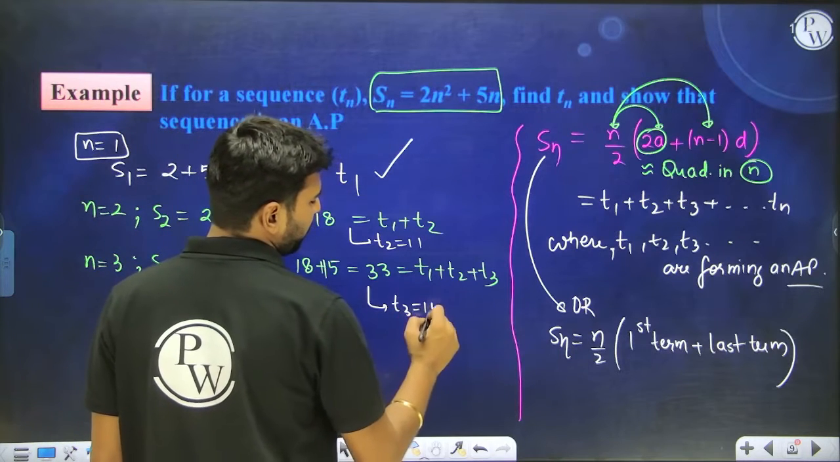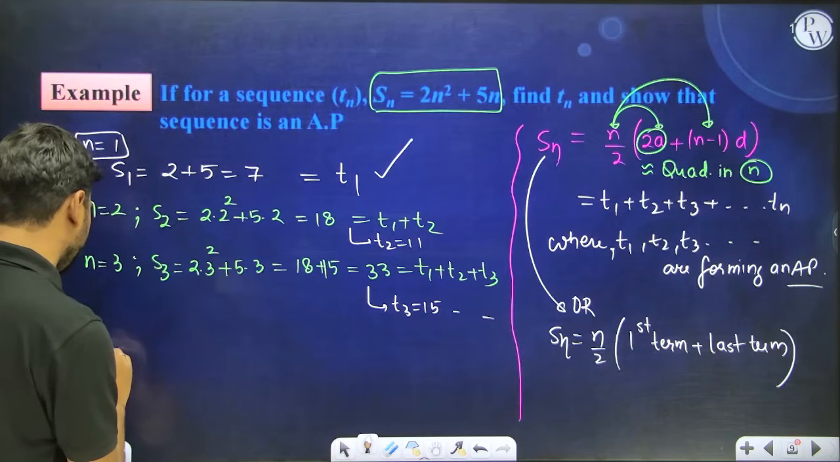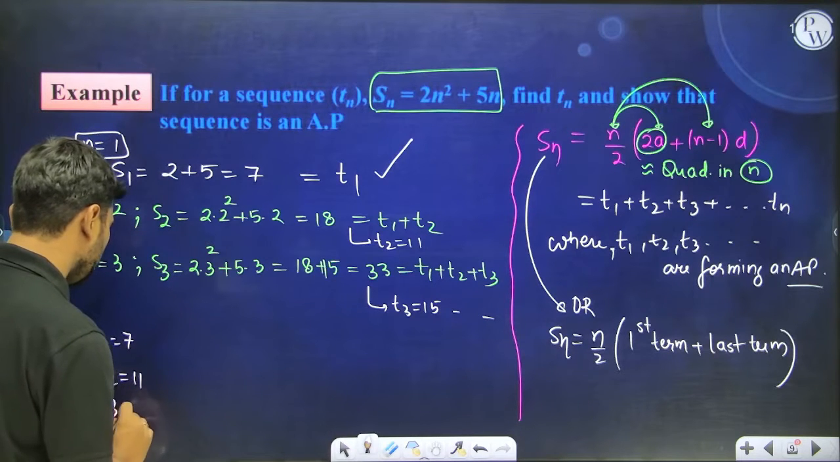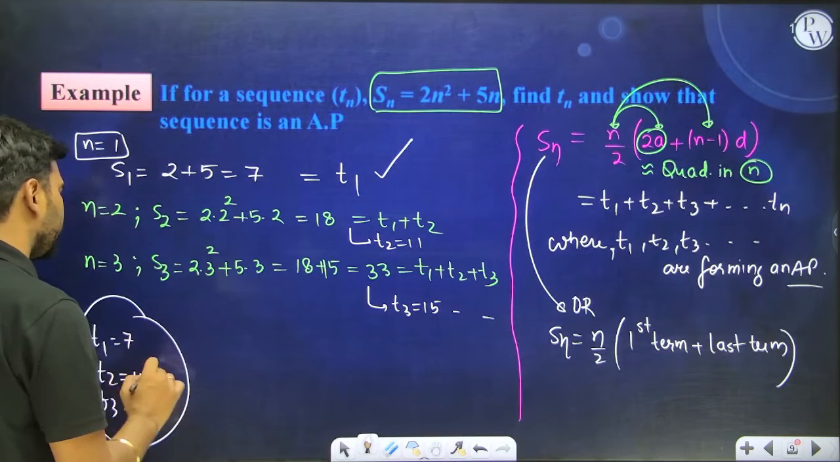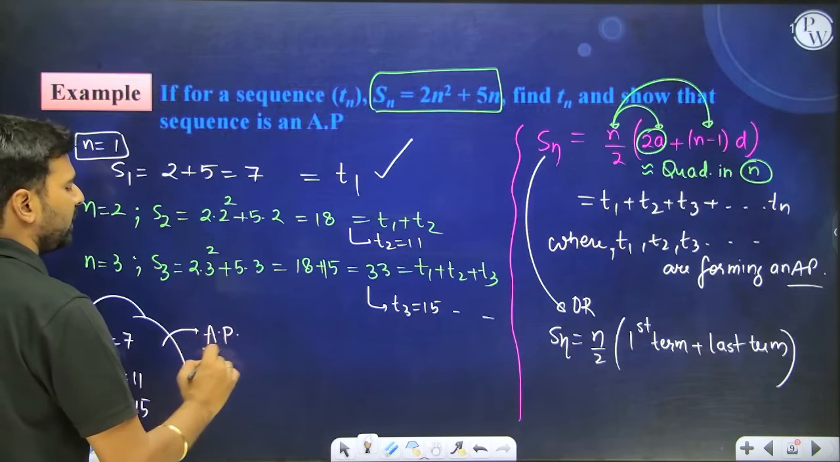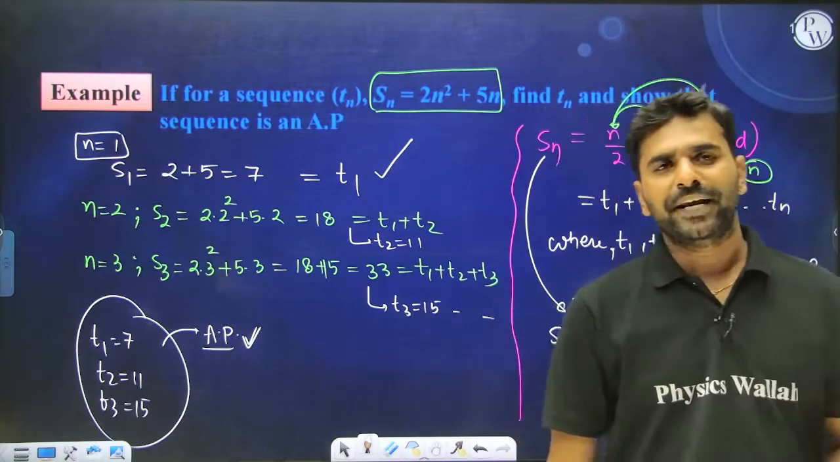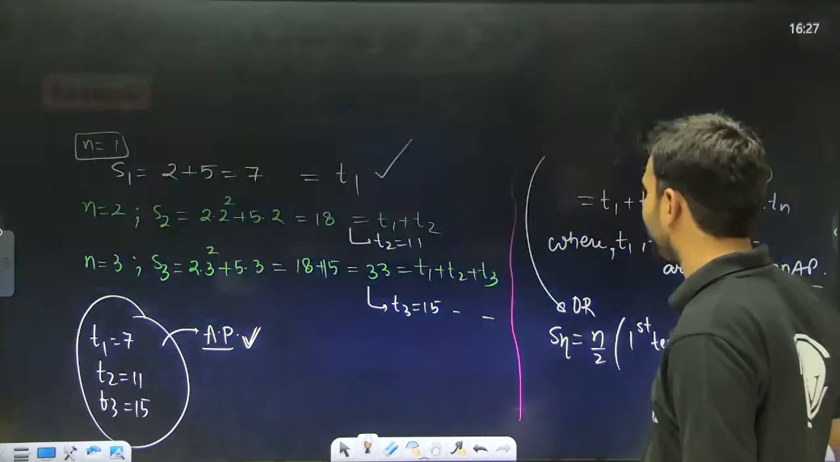T3 is going to be 15 and so on. So can you observe that T1 equal to 7, T2 equal to 11, T3 is equal to 15 is there. So you can form a sequence and you can see that this is nothing but an arithmetic progression only. Right? So again I am telling you a very important concept, let me write down this particular thing